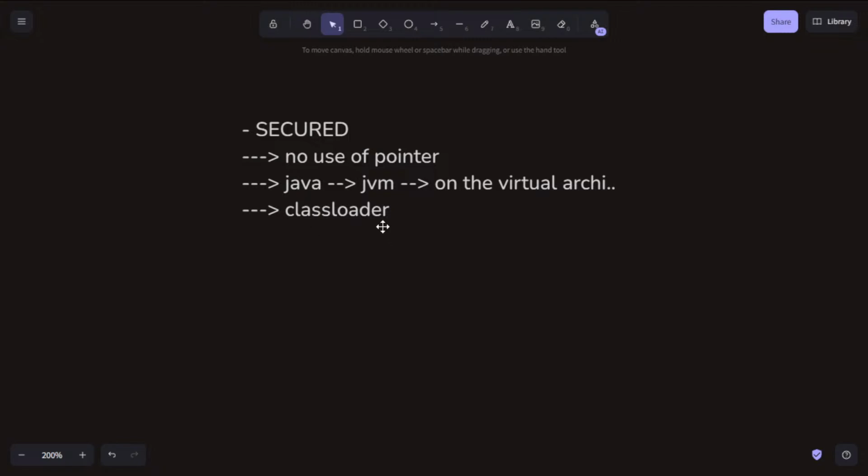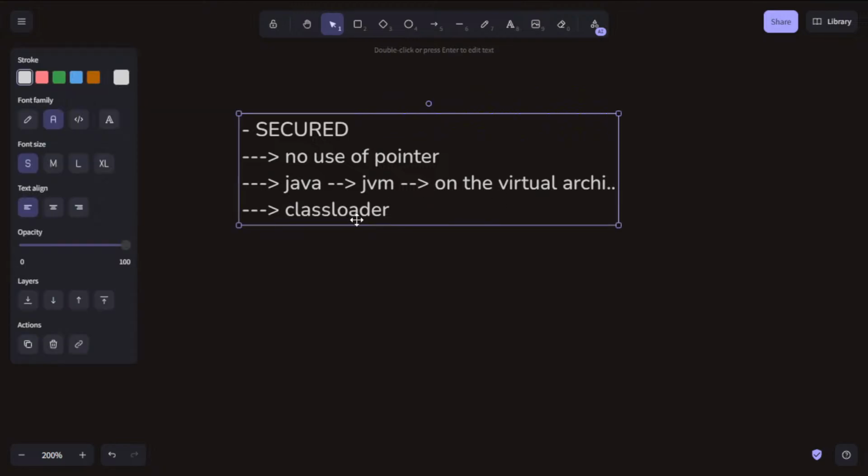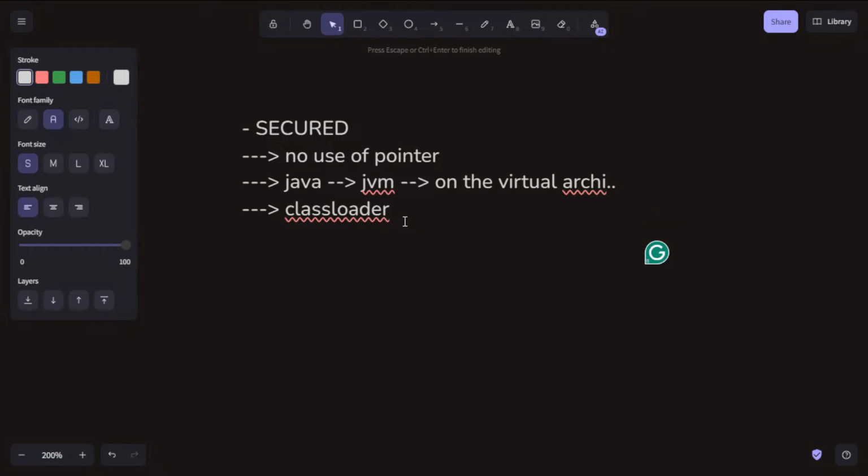The class loader helps load all your static variables, static methods, and static blocks, and whatever final keywords you are using, which run initially before the main method runs. The class loader does all the basic and fundamental things of your program's initial phase. That's why it cannot be modified by any other system.